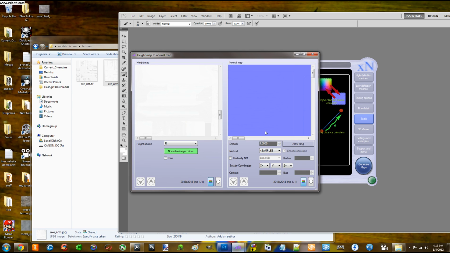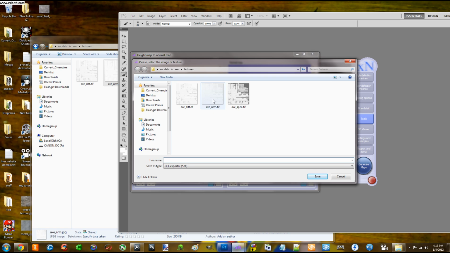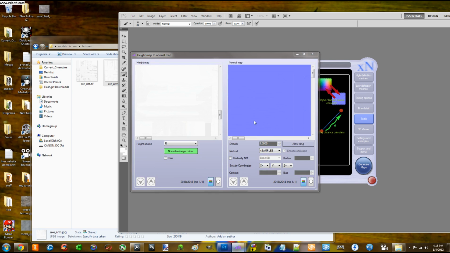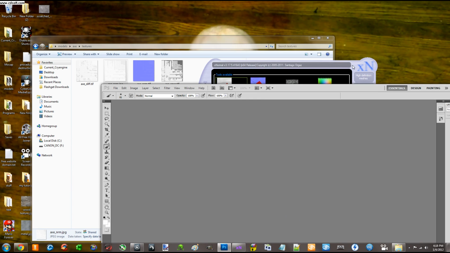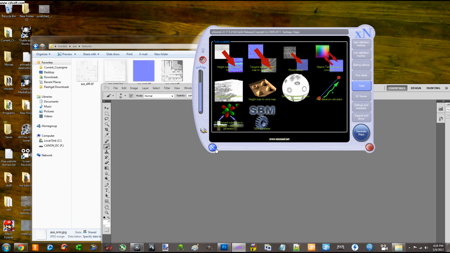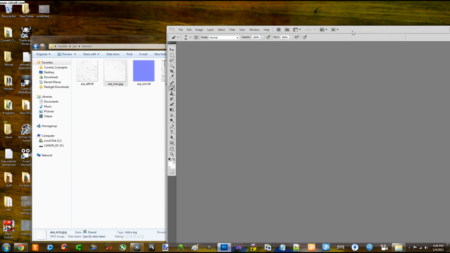Alright, let's go ahead and did that, and just right click and just save normal map, and just name it the same, x underscore normal tiff, and just go ahead and save it. Replace it if you need to. There we go. Now that I've gone and done that, before bringing the normal map into Photoshop,